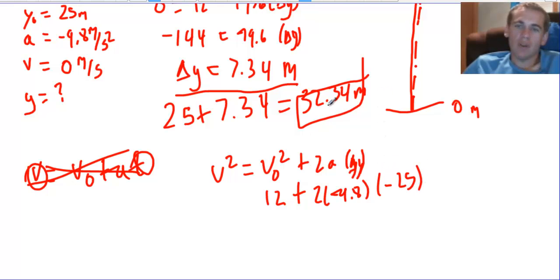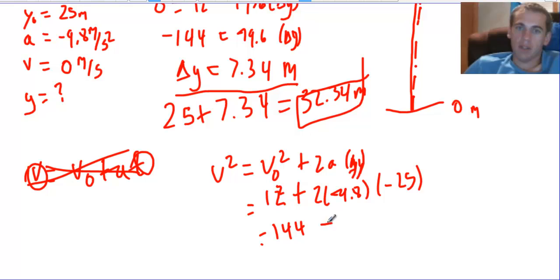Why isn't it negative 32? Well, because change in position is just starting to ending. If I wanted its change in position after the highest point, that would be one thing, but then my initial velocity wouldn't be 12, because at its highest point it would be 0. So as long as I'm picking my initial velocity to be 12, then I've got to start my initial position at 25. Okay? So v squared is equal to 144